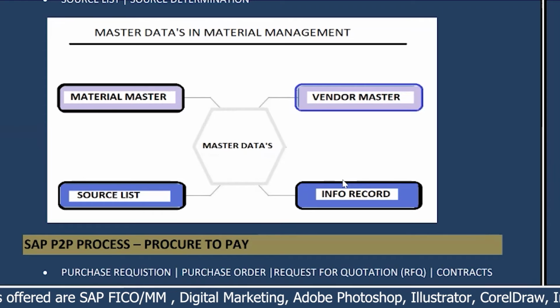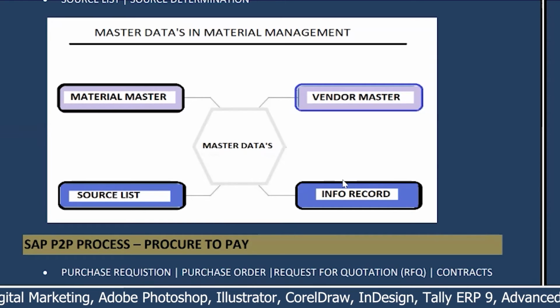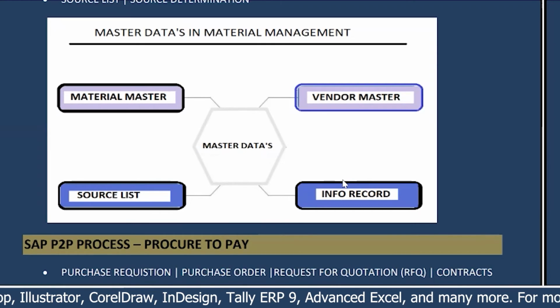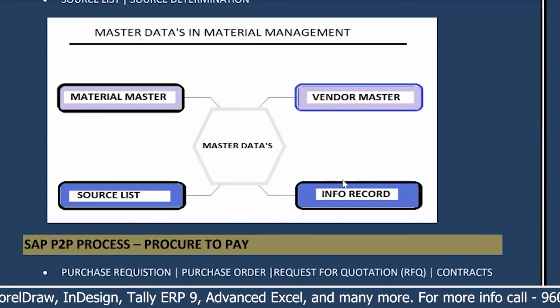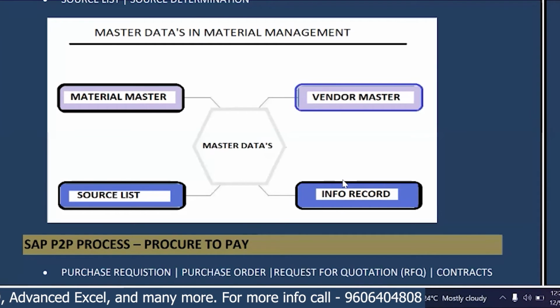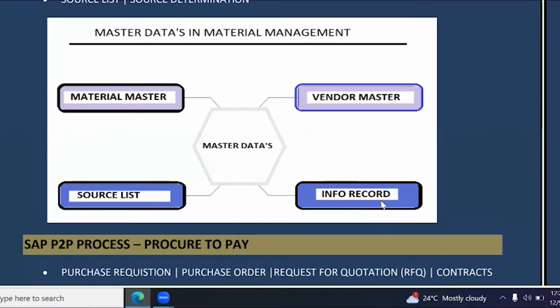The supplier who supplies the material to a company, we call them a vendor master. And the source list, which is a vendor selection process, we call it a source list. So we select a new supplier for our material and we try them over a period of time. Then we continue them as a regular supplier based on their performance. And then we have an info record. So info record is a supporting document which contains every single piece of information before you start your purchasing activity.